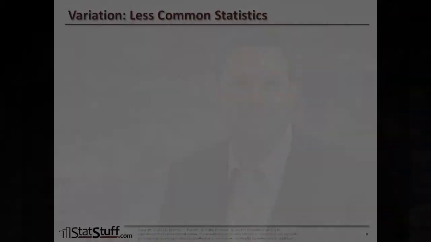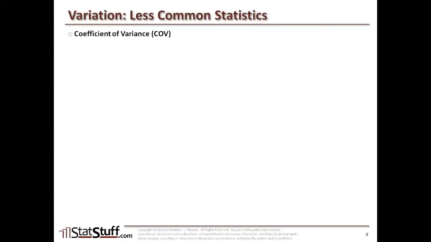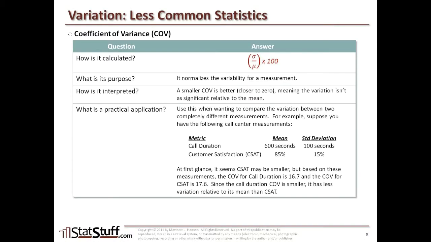Now let's begin to look at those less common statistics used to describe variation or spread. The first statistic that we're going to look at is the coefficient of variance, or COV. It's calculated by taking the standard deviation divided by the mean, multiplied by 100. The reason we use this is that it normalizes the variability for a particular measurement. How we interpret it is that a smaller COV is better, closer to 0,